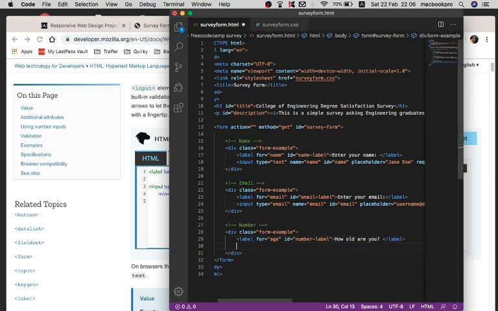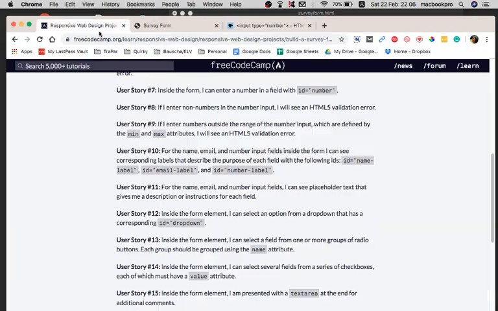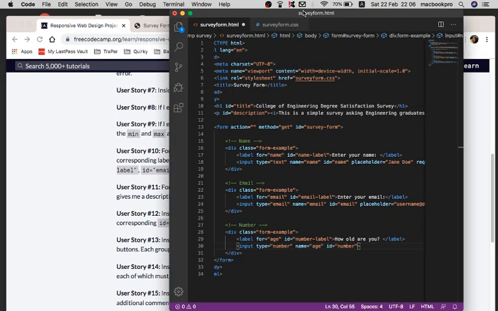And then the input field, the type should be a number, and the name, age, ID, number, which was stated in the responsive web design instruction here in user story number 7. So number,